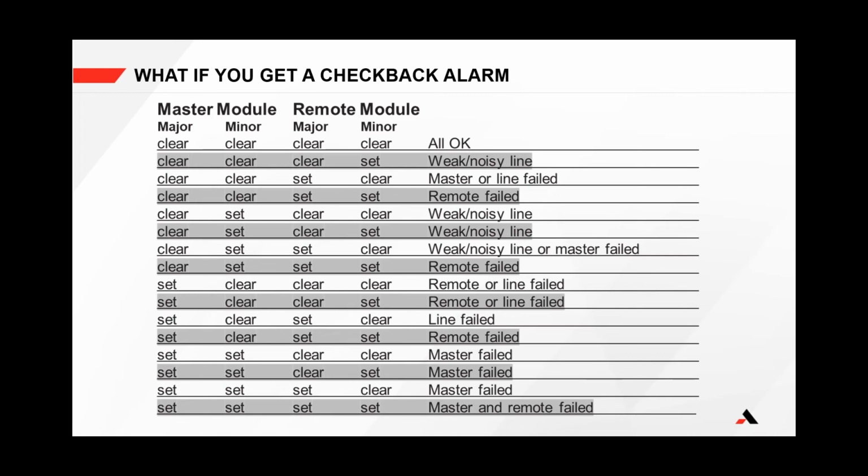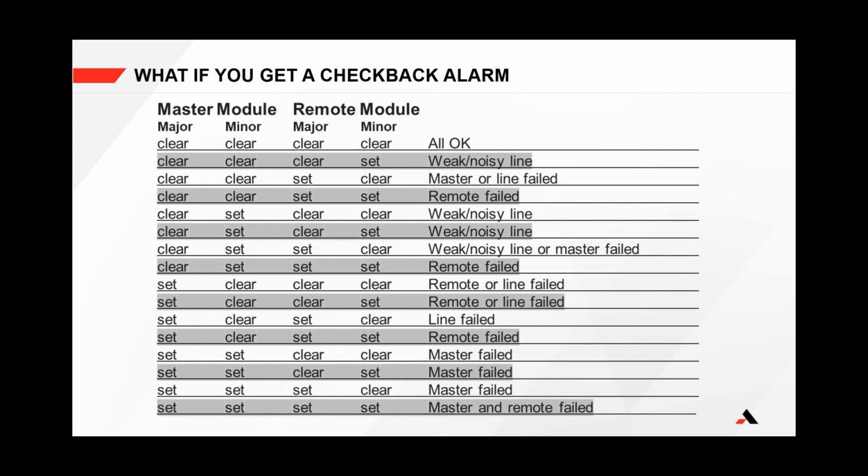To read this table, you would take the checkback test results from the master and each remote one at a time and determine the most likely location and/or cause. If only the low-level checkback fails, then the checkback minor alarm will be generated. If the high-level checkback fails, then only the checkback major alarm will be generated. If the initiating end does not receive its own checkback test, then both the major and minor alarm will be